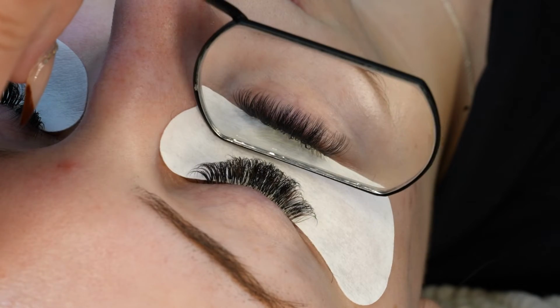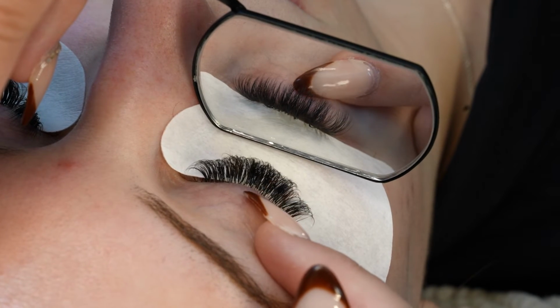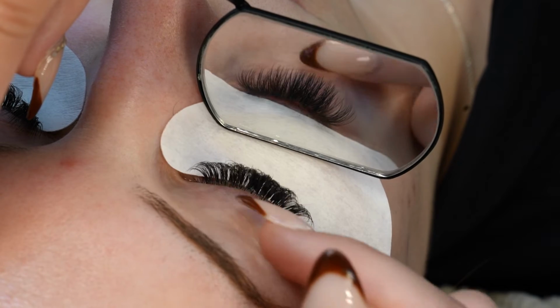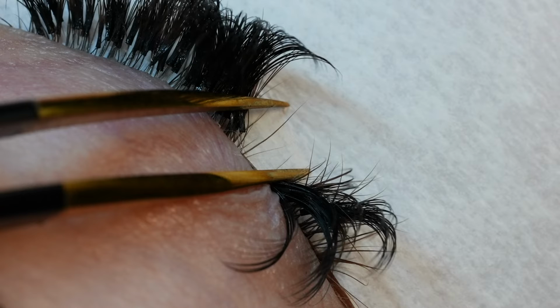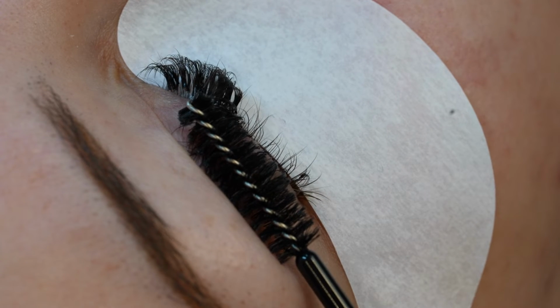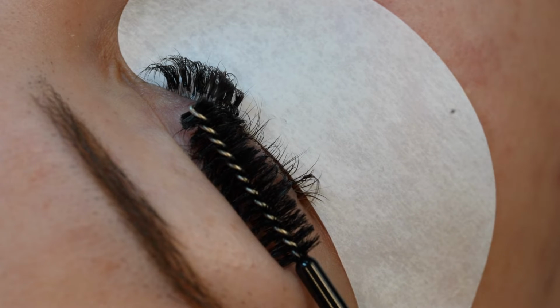Starting with number 1, to identify the bottom layer, use your inspection mirror and lift the lid up slightly to expose the bottom layer lashes that are likely hiding near the eyelid. An unlashed natural lash looks like this. If you see lashes like this, you know that you still have work to do. 2, now you have determined whether or not you need to work on the bottom layer. Chances are there will be at least a couple lashes down there that will need extensions, which brings us to